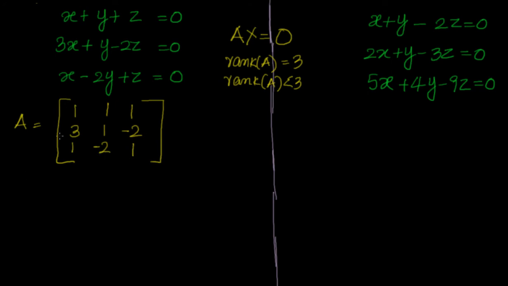Now we can expand this to find out the determinant. Why do we need to find out the determinant? Because if we are able to find out the matrix determinant is not equal to 0, then rank is equal to 3. If it is a 3 by 3 matrix, yes, we are dealing with 3 by 3 only. So let's go ahead and see. If that is not the case, if it is singular and the determinant is 0, then we will look for any 2 by 2 submatrices which are non-singular or whose determinant is not equal to 0.